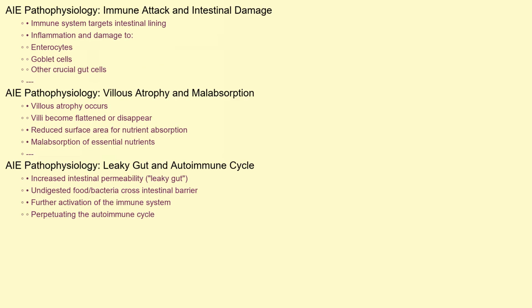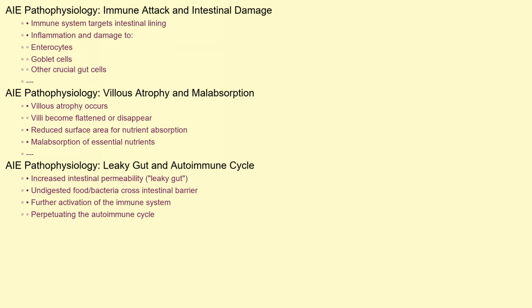Now, let's understand the pathophysiology. In AIE, the immune system's attack on the intestinal lining causes severe inflammation and damage to the enterocytes, goblet cells, and other crucial cells of the gut. This damage disrupts the normal structure and function of the small intestine, resulting in villus atrophy, where the small finger-like projections that line the intestine, called villi, become flattened or disappear. Villus atrophy dramatically reduces the surface area available for nutrient absorption, leading to malabsorption of essential nutrients, including vitamins, minerals,